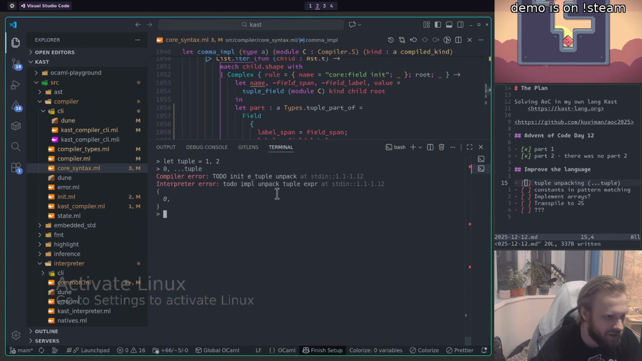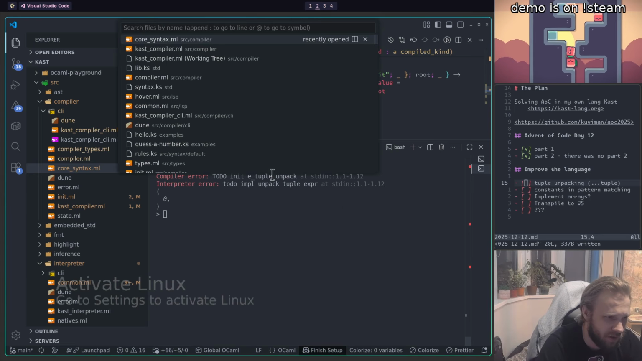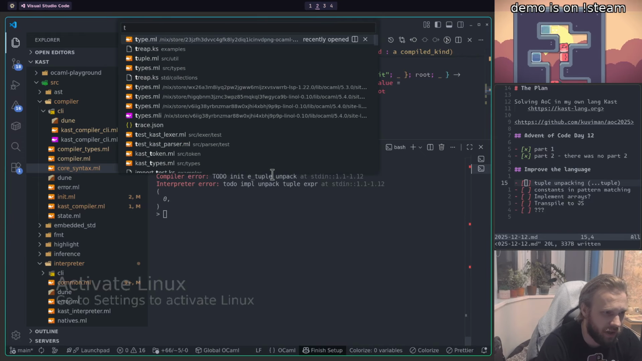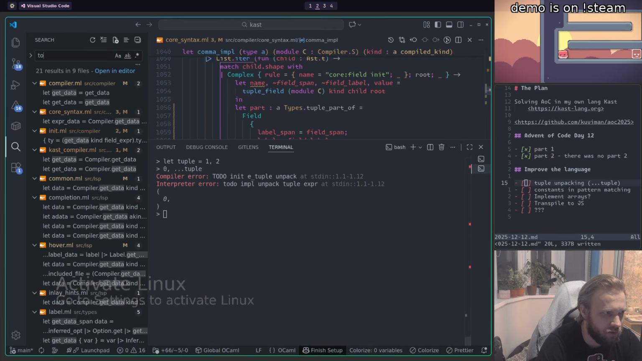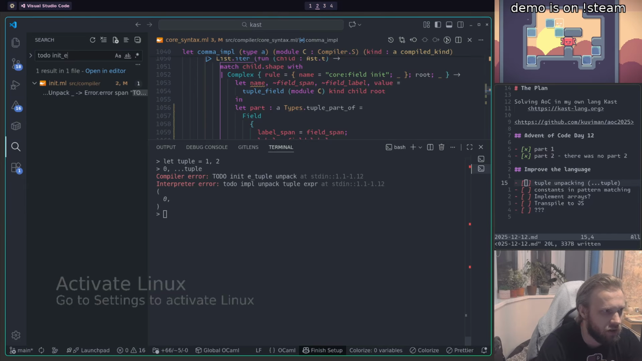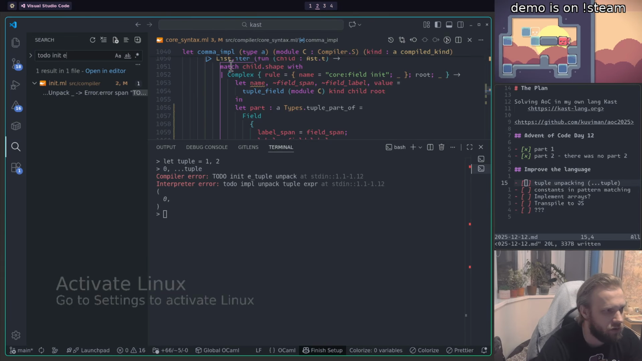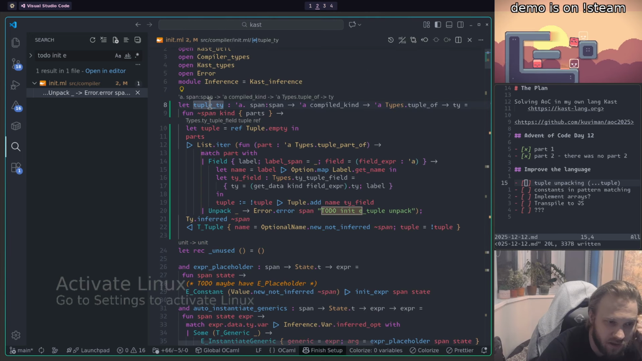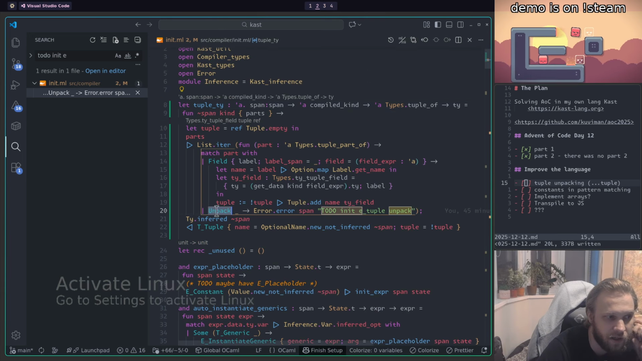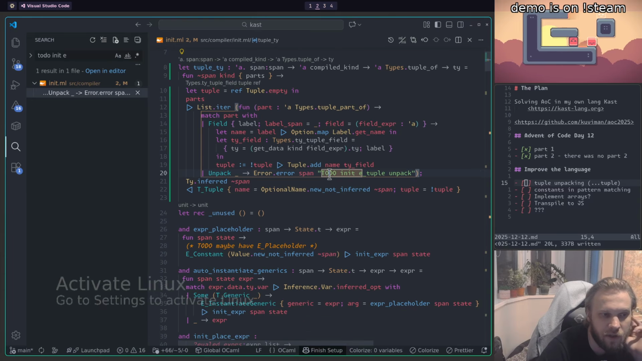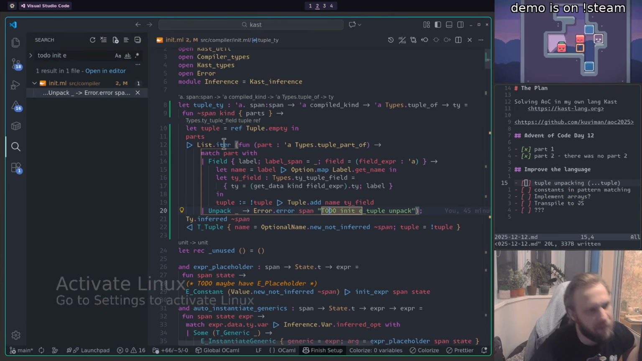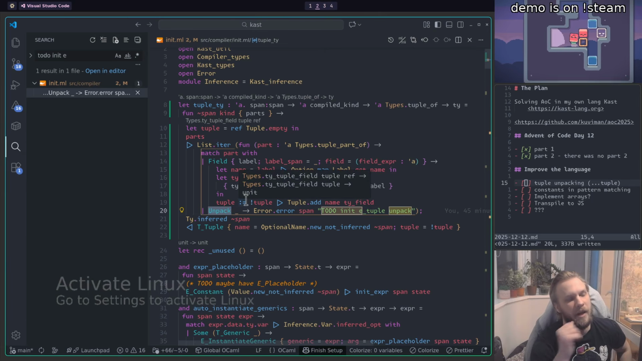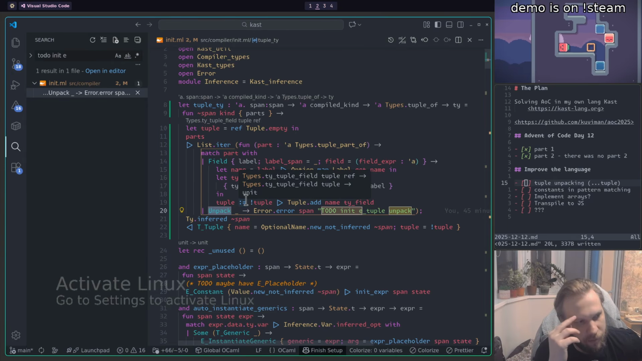Maybe as soon as I do the unpacking here. Tuple unpack, to do init tuple unpack. Okay, so when I initialize the tuple unpack, I need to figure out the type here. So how do we do the type inference when we have the unpacking here, right? So when we have unpacking,